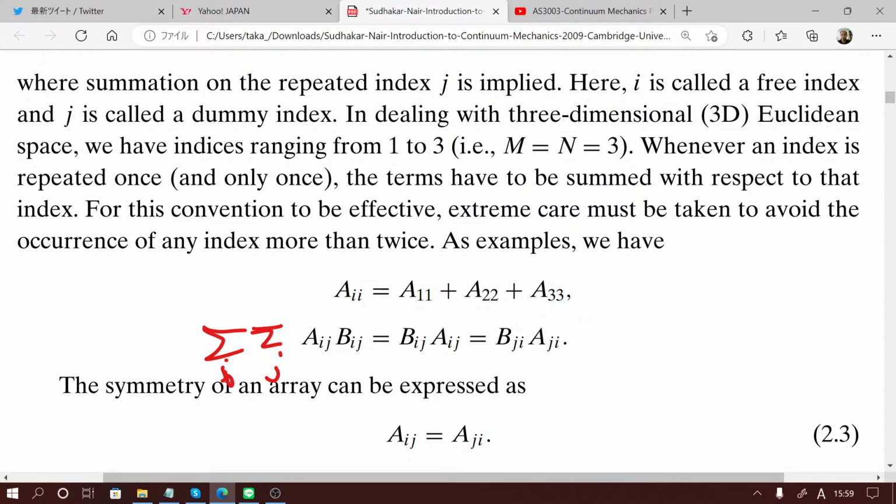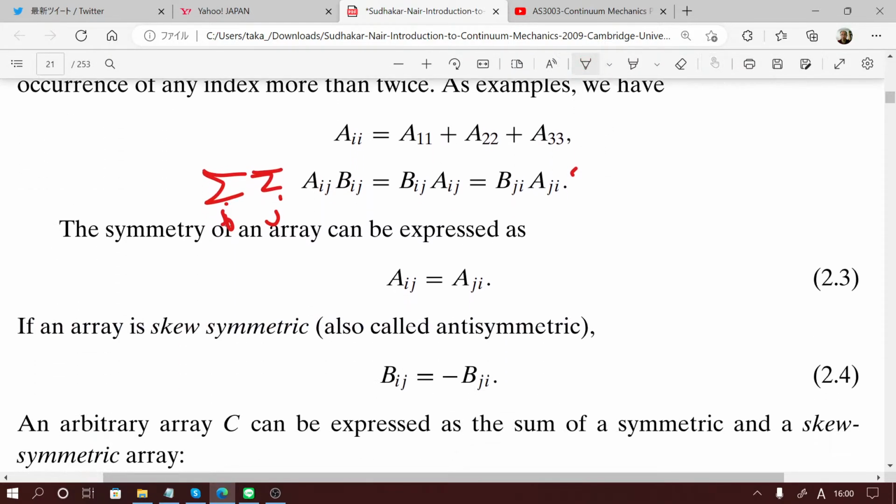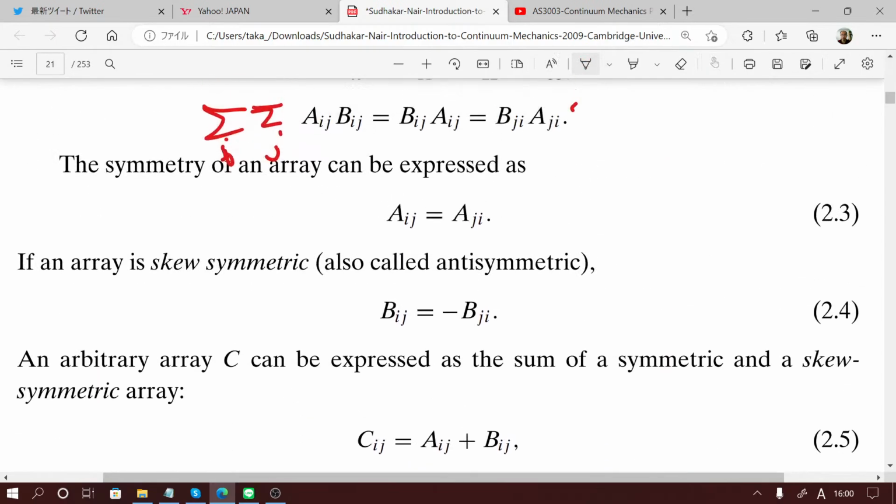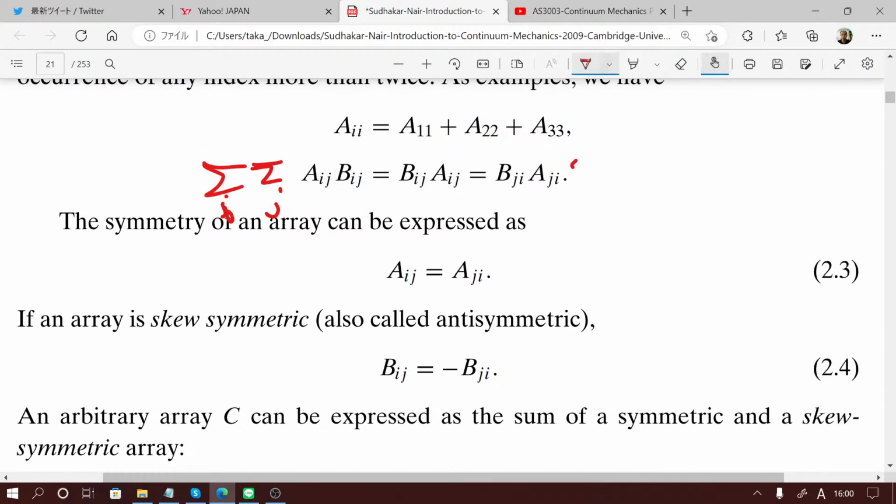You have two summations. In this case, I don't know if there is an explanation. There is no explanation. So the explanation is like here,